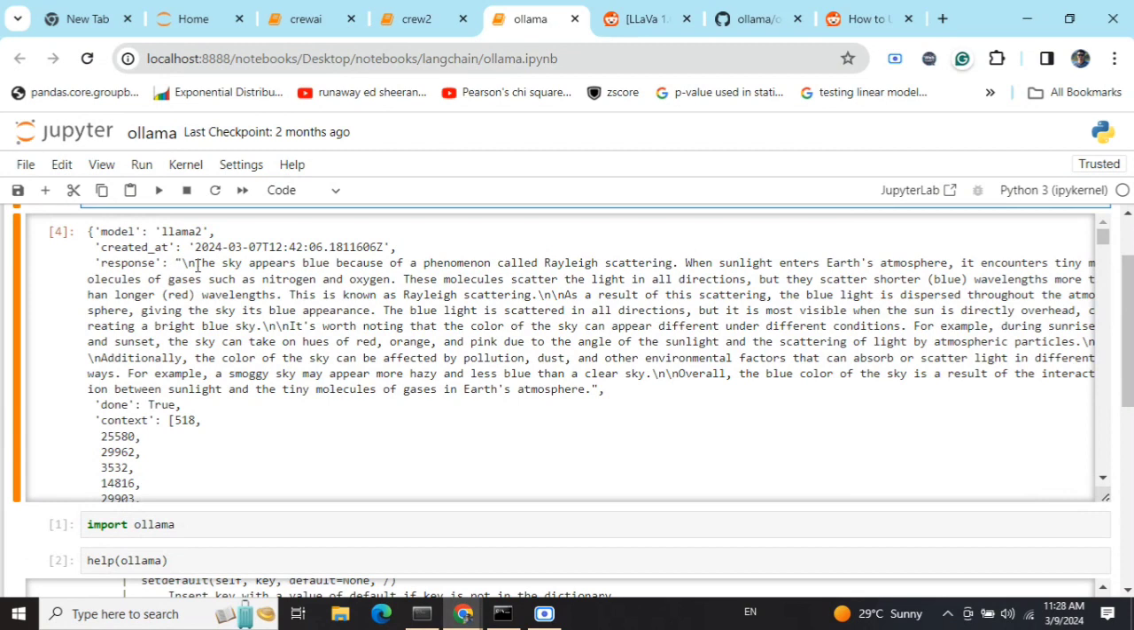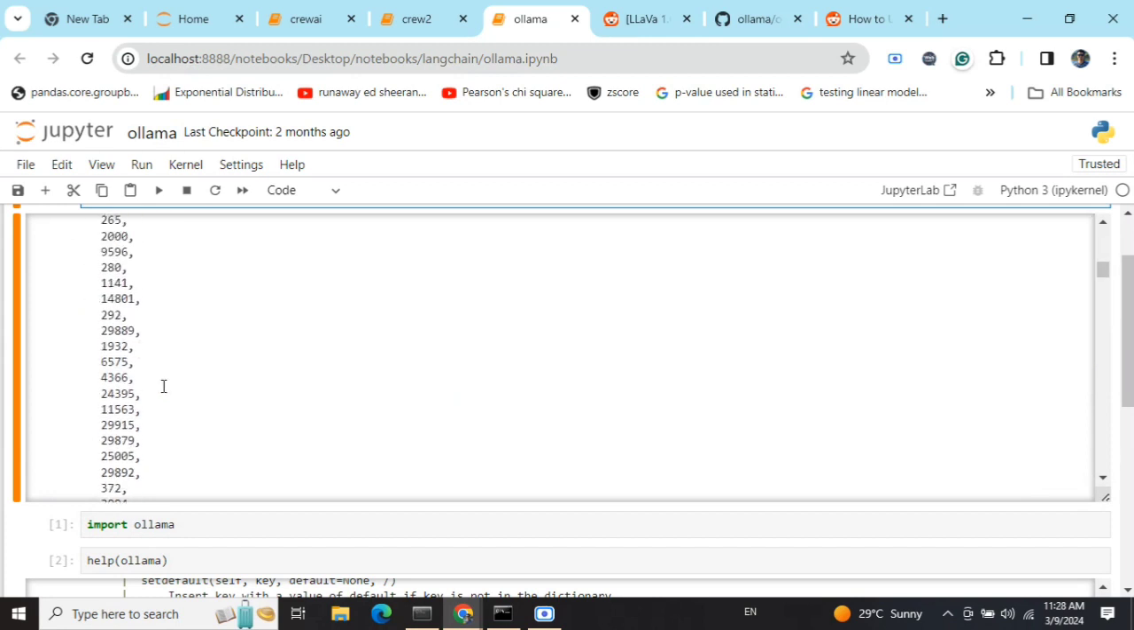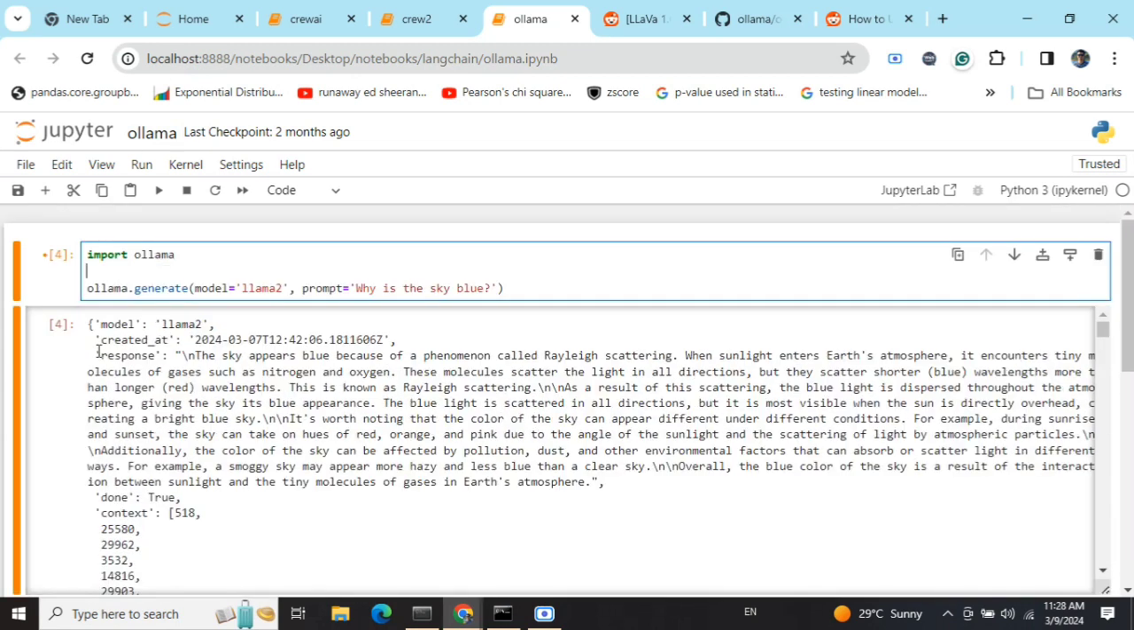The sky appears blue because of a phenomenon called Rayleigh scattering and all that, and a lot of other information also. The output that I'm getting is a dictionary, so to get your exact output, you need to read the response from the dictionary that is returned. I'm not rerunning this in front of you because inferencing local LLMs takes a lot of time, and generating this particular output took me nearly 5 to 10 minutes, hence I'm skipping this. But do try it out and